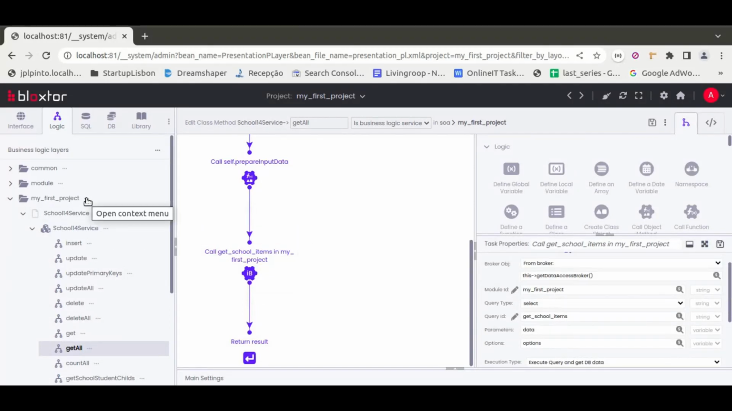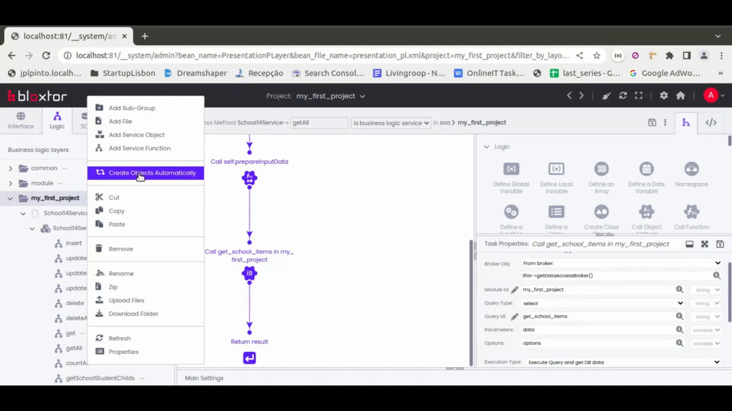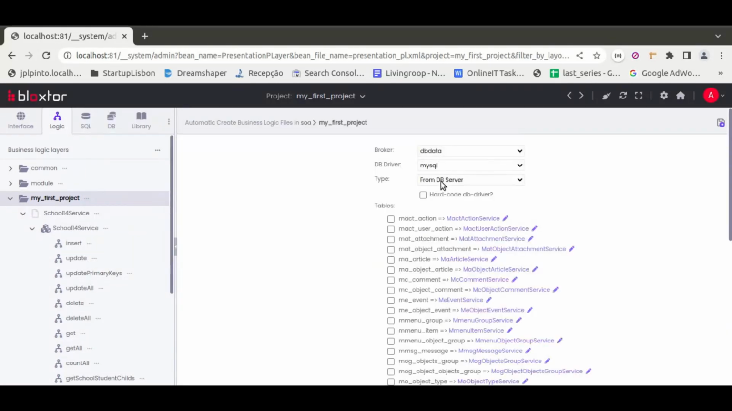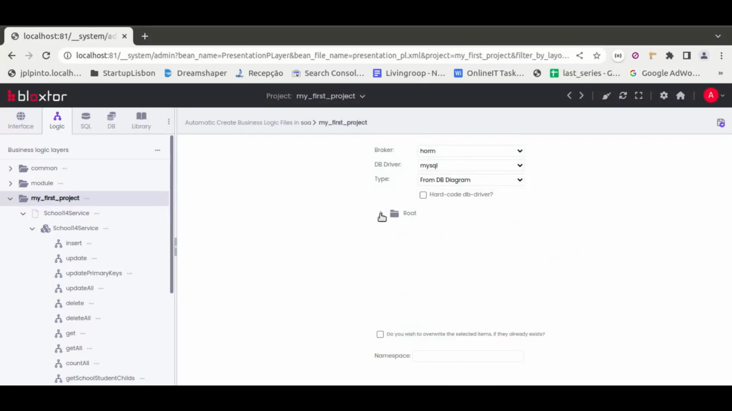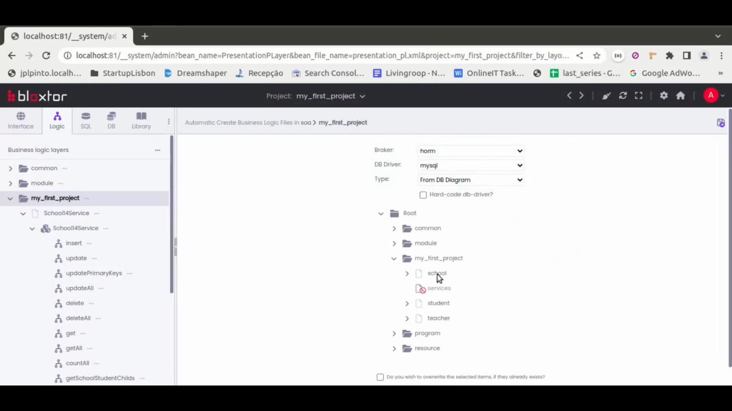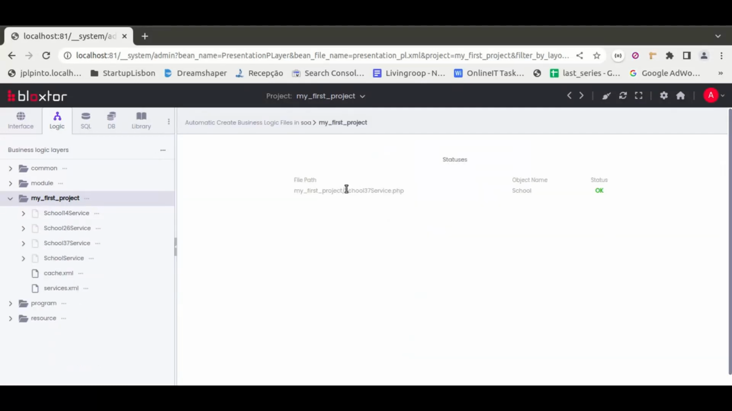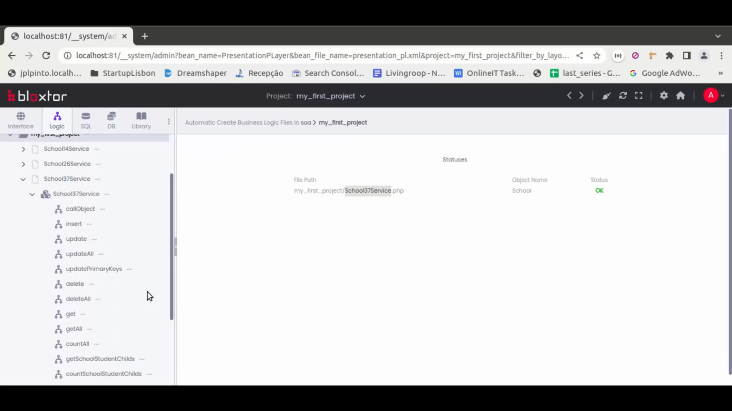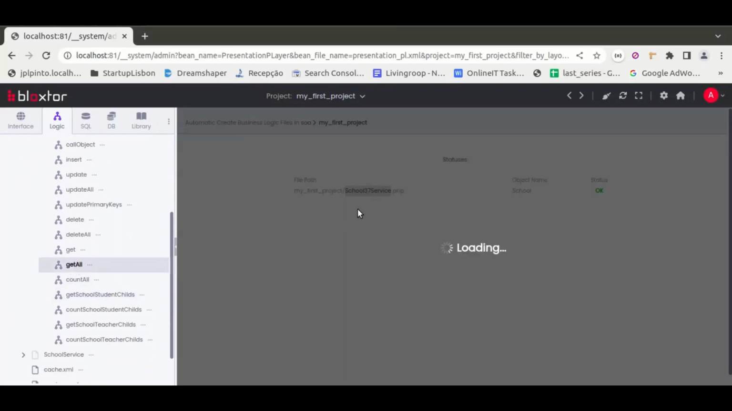If I want to do it through Hibernate, it's exactly the same thing. I just do create objects automatically. I choose the Hibernate data access layer from the diagram, in this case, that's what we are doing currently, and I choose next. Currently it creates the school 37 service, which is this one here. So if I open the get all method,